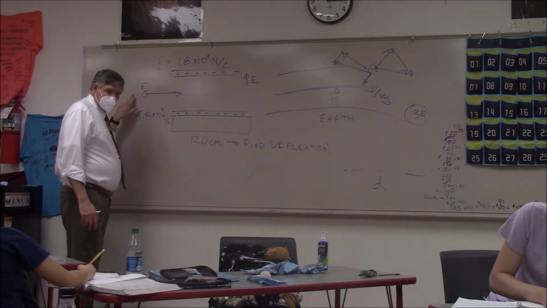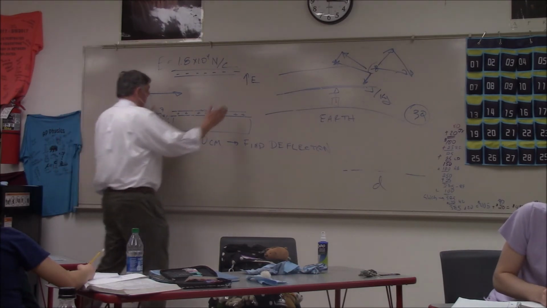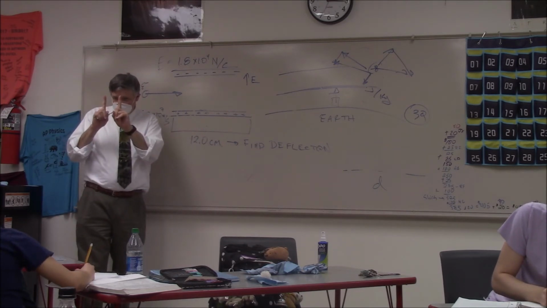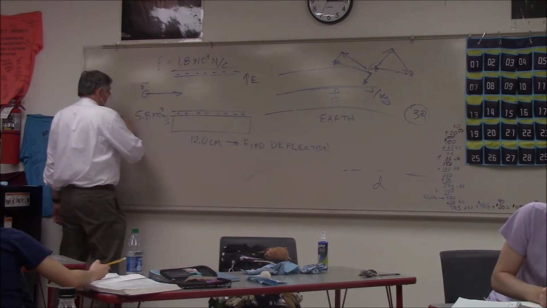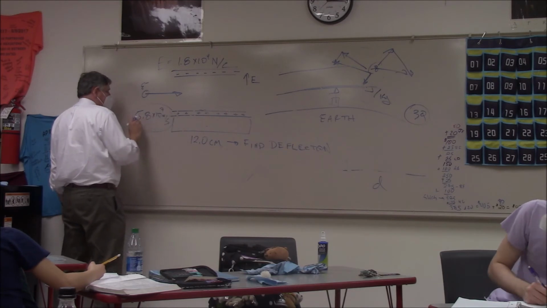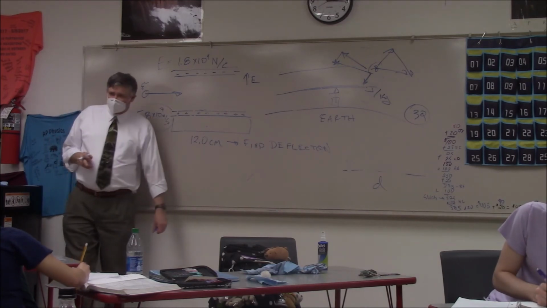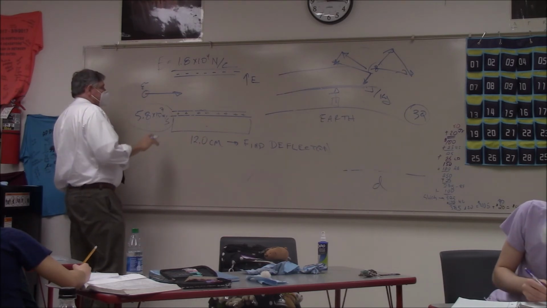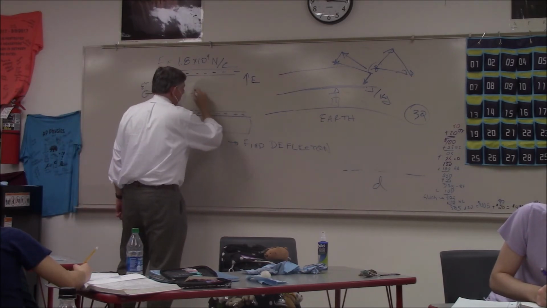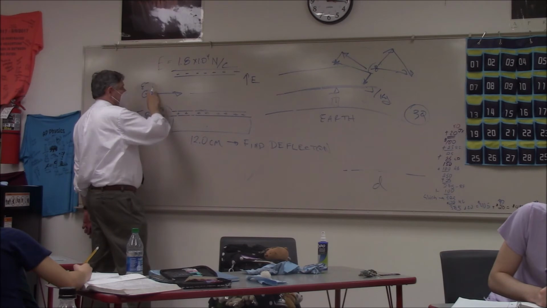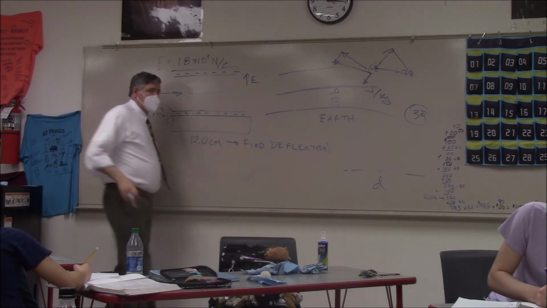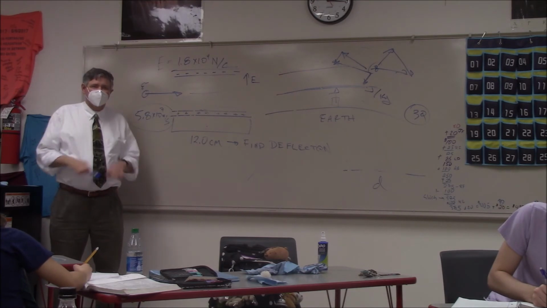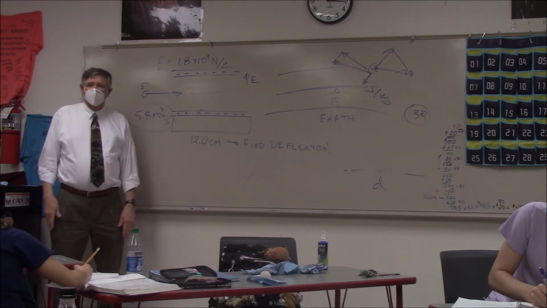I got an electron shooting through. The length of the plates is 12 centimeters. The electron enters the field at 5.8 times 10 to the 7th meters per second, pretty close to the speed of light, not quite there, but pretty close. So what I want to know is, how much does that electron's path get deflected? Go. So, Carter,